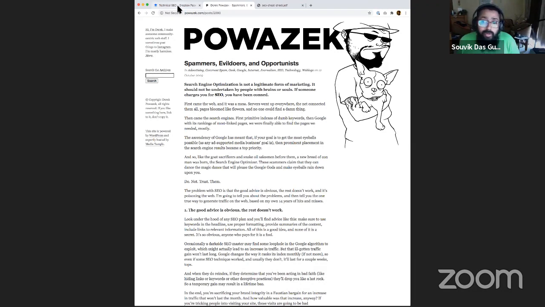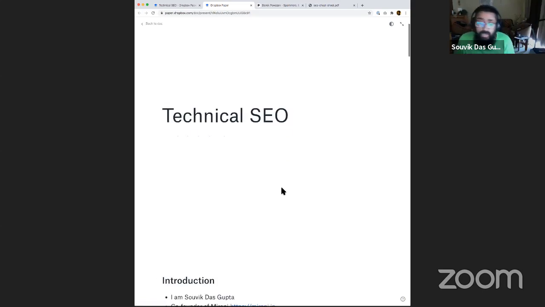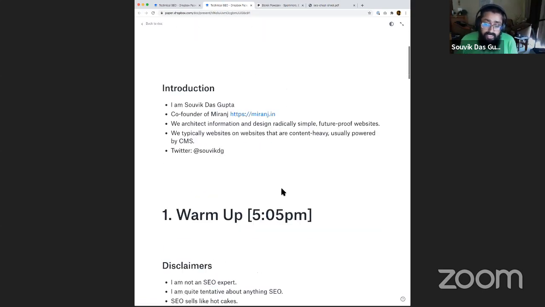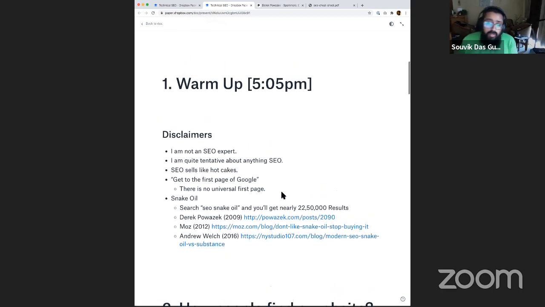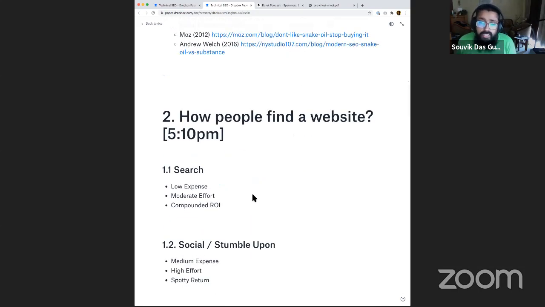You don't know how it works, but you still end up selling SEO as a service. And clients also don't understand how SEO itself works. So in this session, I'll try to talk about how SEO works, and how people discover a website. And then I'll go on to the technical SEO part. Because of the disconnection, I'm running a little behind, so I'll just continue over here, and after the end of this, I'll probably take a little pause to ask if anyone has any questions.